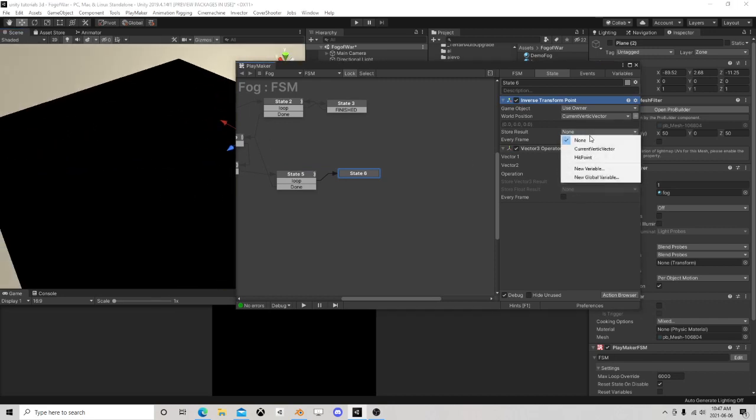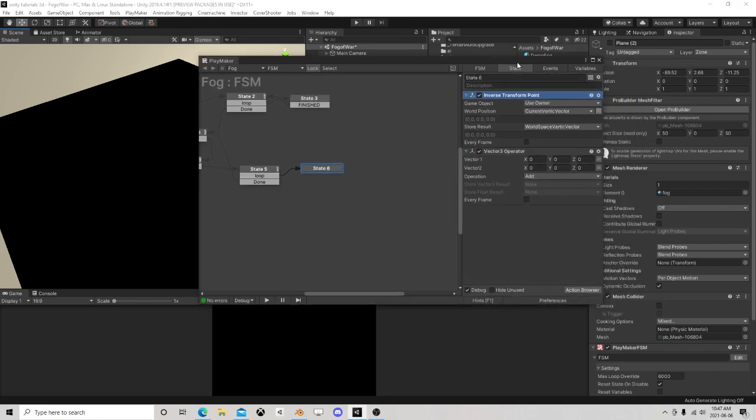We don't actually want that right now. So let's do world space vertices vector. We're going to use this, which converts whatever we hit into this global position, like the world